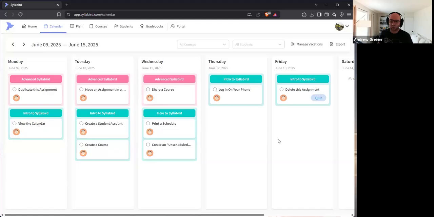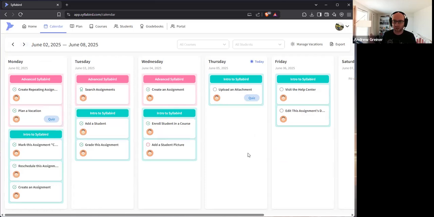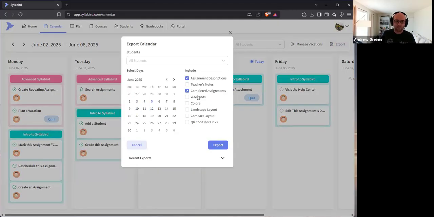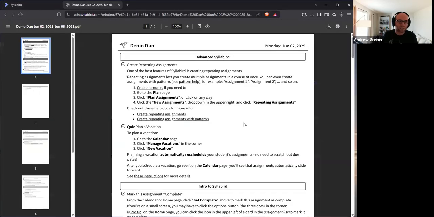So if you don't want your student to have an account, they're either younger or you just don't want them using a computer, or you like printouts, we also offer the ability to just generate an export of your calendar. So at any time you can come up here and pick a bunch of options. There's colors and landscape and QR codes and all types of options. I'm not going to go through all of them, but you can just select any days, and what you'll get is a printout that looks like this for descriptions. If you want your descriptions in there, it'll print out basically the type of content that you would get if you bought a curriculum, or